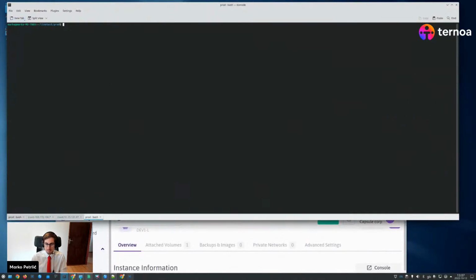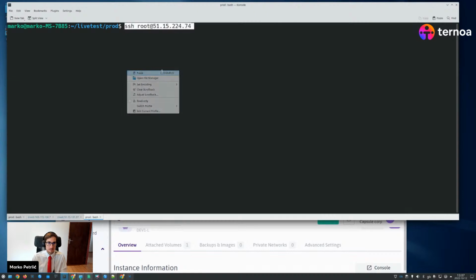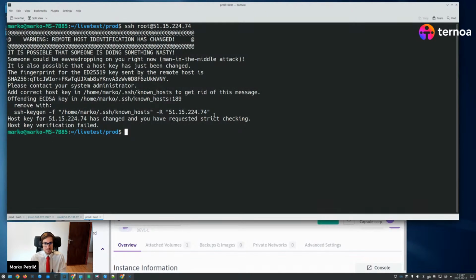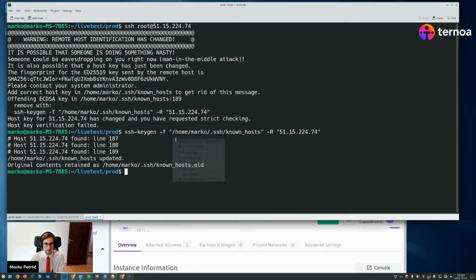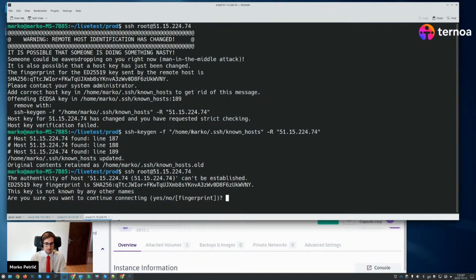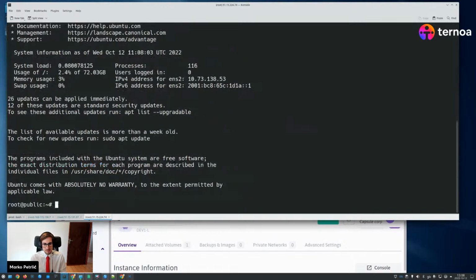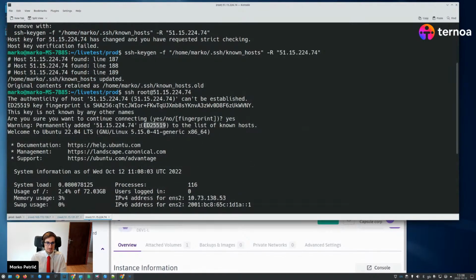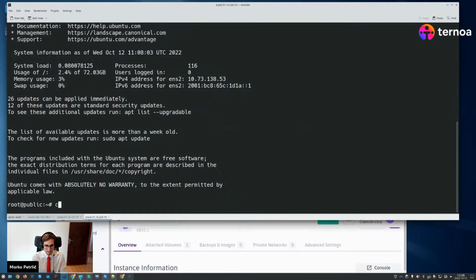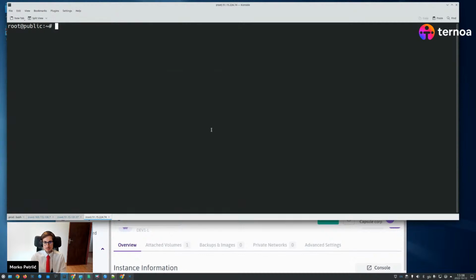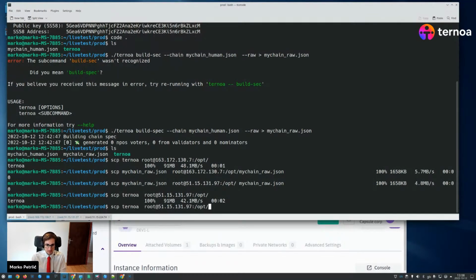New tab, make it bigger, connect. Again, I need to clean up my local registry. Connect, yes. It says it here. Okay, so it says we need to do SCP. So let's do that. SCP. The address is